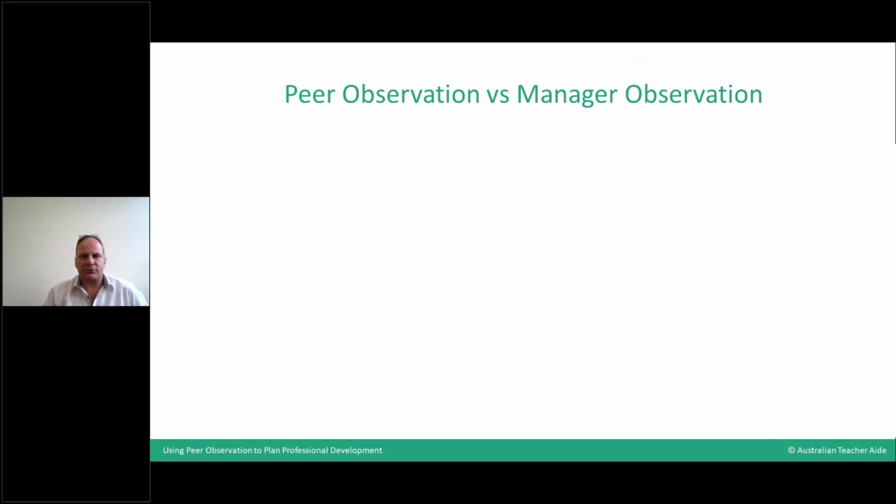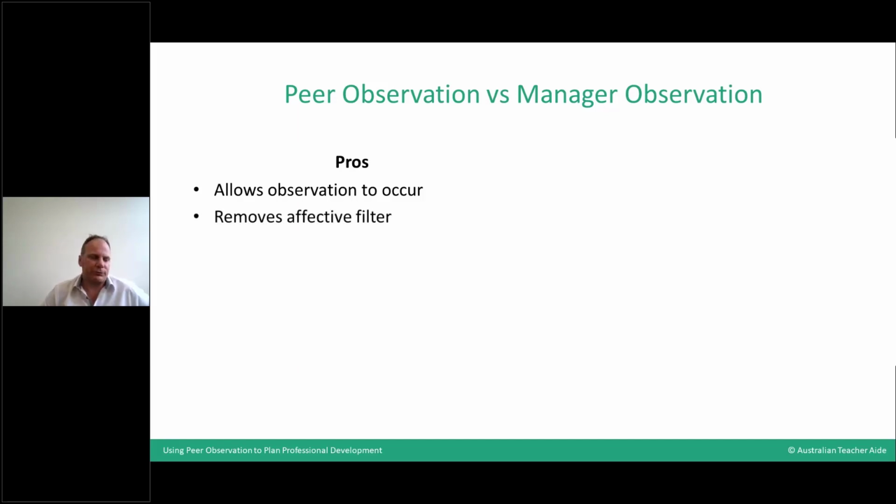So, peer observation versus manager observation. All right. Obviously, there are good and bad things about this. The first one here is exactly what it sounds like: it allows observation to occur. Usually there are no observations of TAs working by managers inside the education department. So this breaks down that barrier and actually allows observations of TAs to occur.